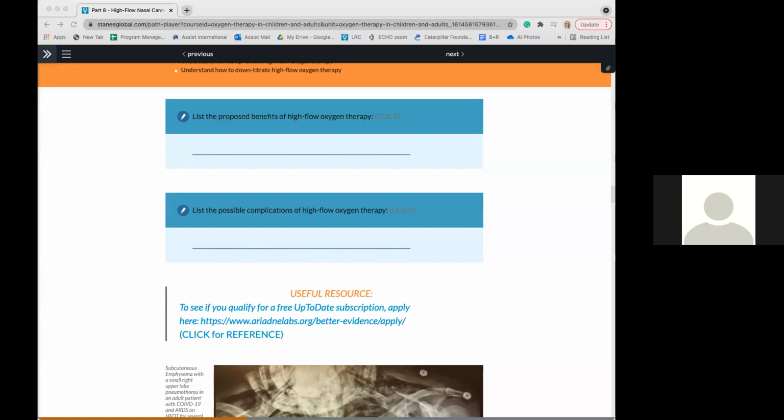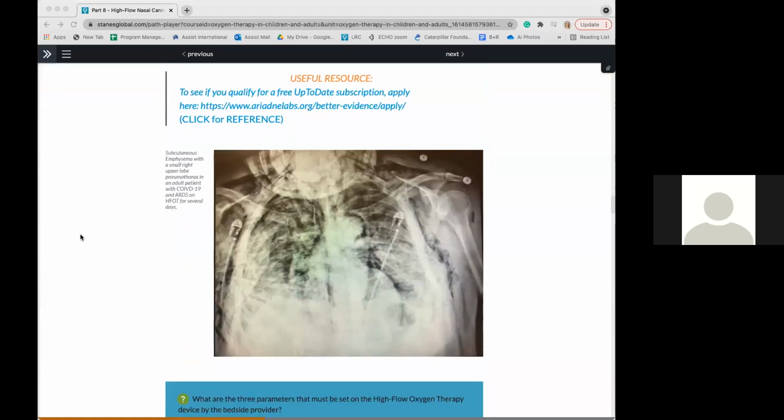reported in certain patients, because high flow oxygen of up to 60 liters per minute for a prolonged period of time may cause subcutaneous emphysema or a spontaneous pneumothorax. So those are just briefly some of the complications that may arise as a result of high flow oxygen therapy, and we need to be wary of these complications and avoid them from happening. So Sarah, we can just move the slides upwards so that our participants can appreciate one of